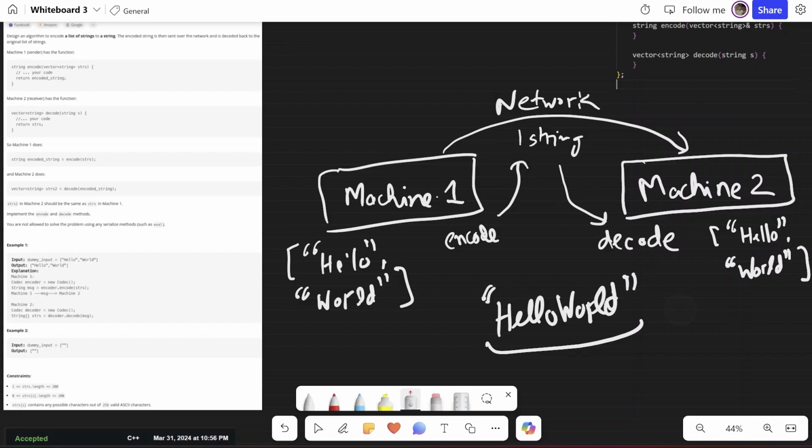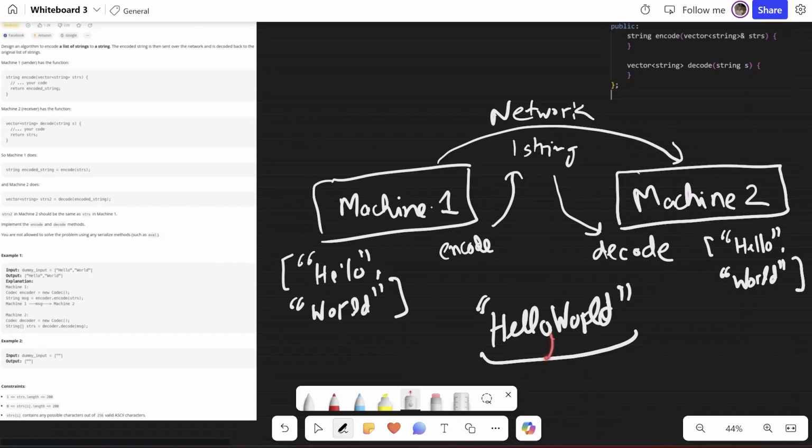You would argue that we could use something like a comma or something else to delimit these words, which is also called a delimiter. Yes, technically we can use something like a comma or a dot, but we are given that the string stri contains any possible characters out of 256 valid ASCII characters. So what we can do is use something outside of the given range.